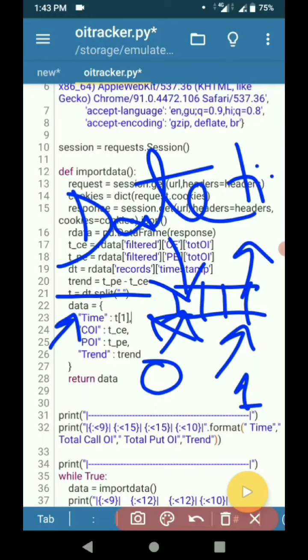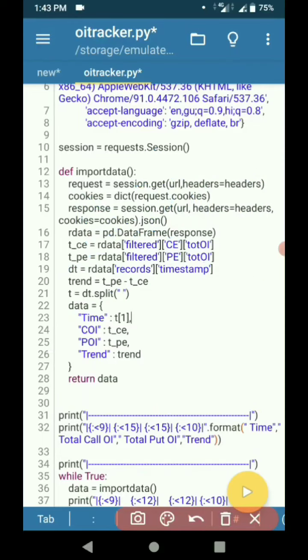We need to concentrate on the time, so I take the second element of the variable, that is only the time. And in COI we put the total call OI, in POI the total put OI, and in trend the difference of put OI and call OI, and I return the data. This data I have created, and we return this variable.